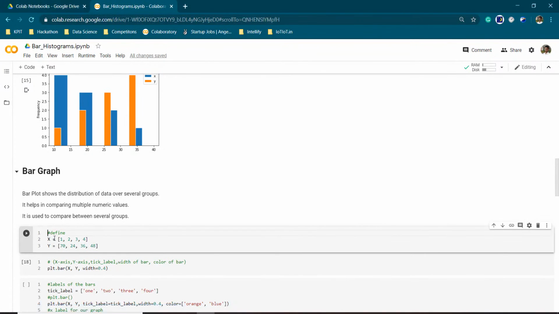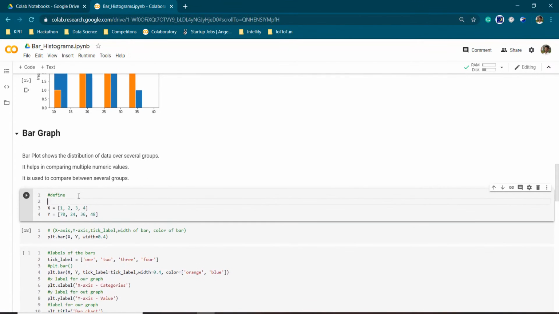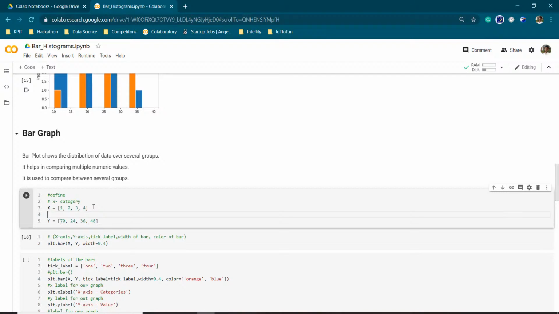Now let us define our two arrays x and y, where x is the category and y is the value for the respective category.